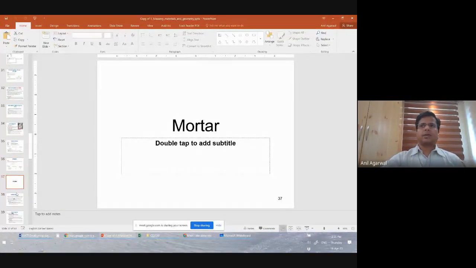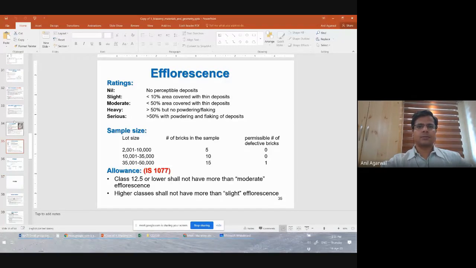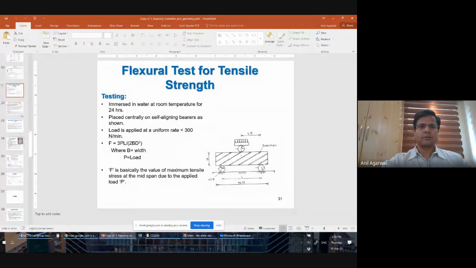In the previous class, we had talked about the various characteristics of a masonry unit. What is a masonry unit? A brick. So what are the different characteristics that a masonry unit needs to have and how to test them, right? So various types of tests we had talked about. We had talked about compressive strength test, water absorption test, then tensile strength or flexural strength test. Then there was warpage test, you remember? So efflorescence test was there, and dimensions and visualization, those kind of tests were there.